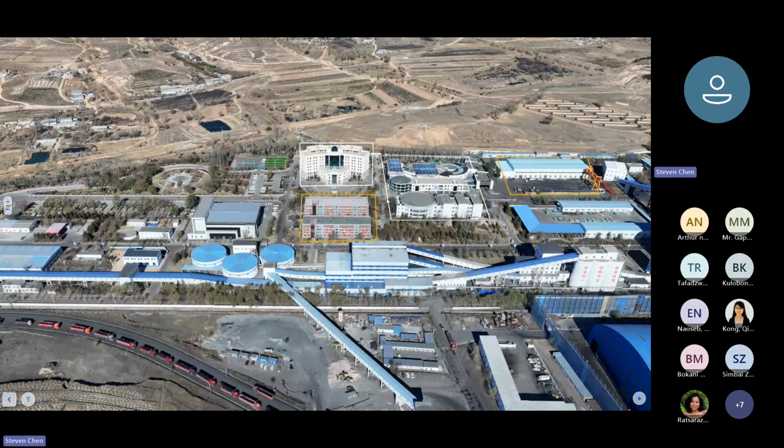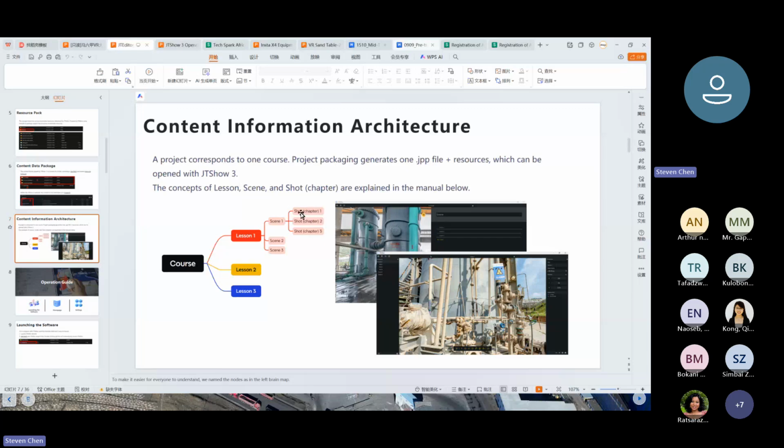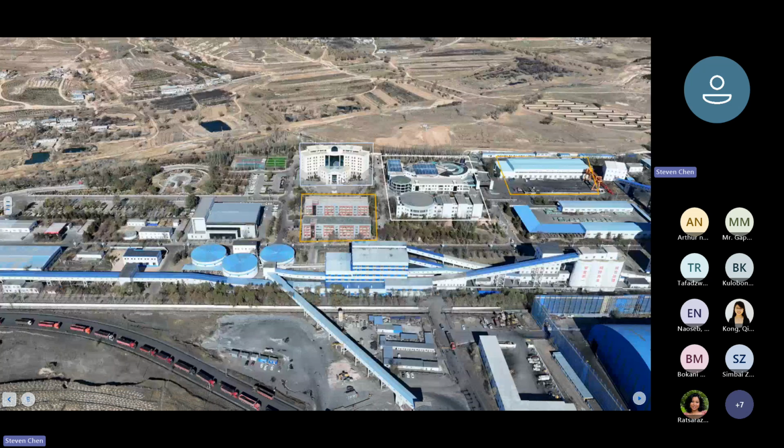You can edit the hotspot. Here are the shots, or the shots you can learn and understand. It is the knowledge you want to showcase, to teach the student. So let's go to this one. Here is the shot. When I click it,